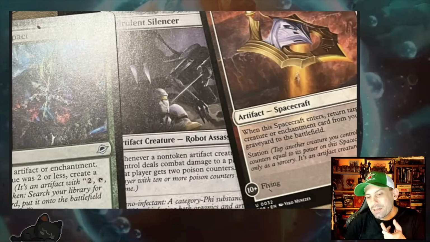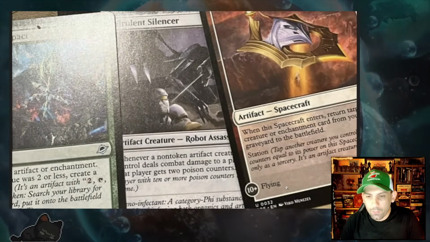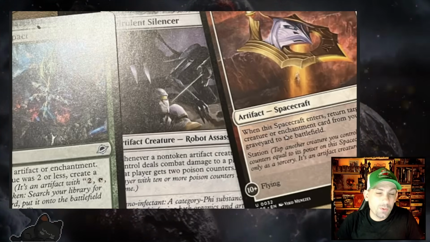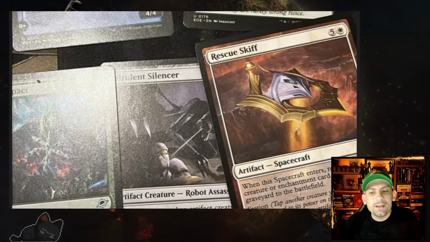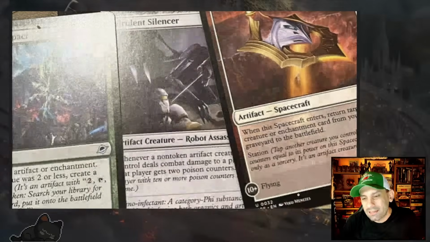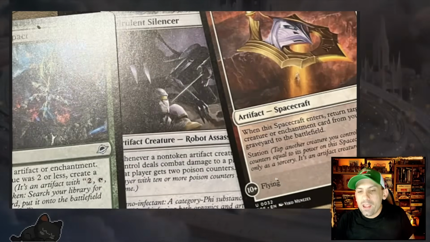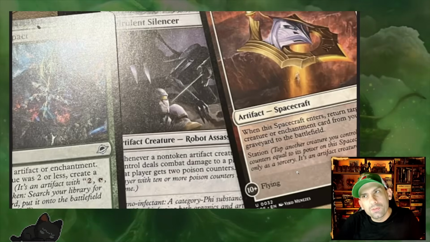10 plus station, 10 plus charge counters from stationing. It turns into that 5/6 flyer. But when it enters, you return target creature or enchantment card from your graveyard to the battlefield. So honestly, kind of good. A little expensive, but 6 mana, you get back a thing right away, and that thing could be used to station this. So it's sort of like